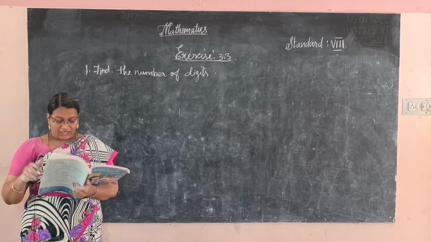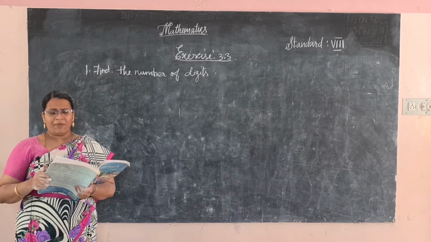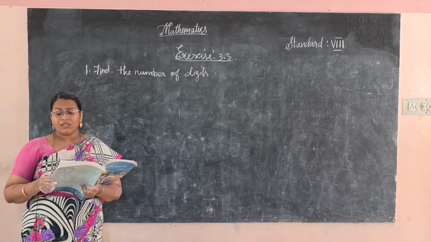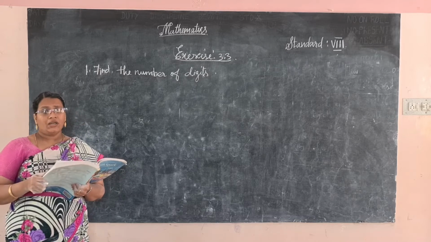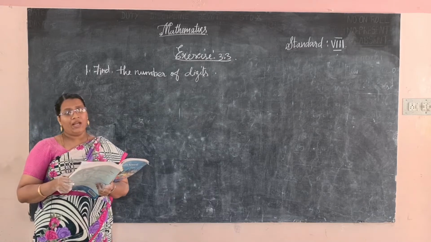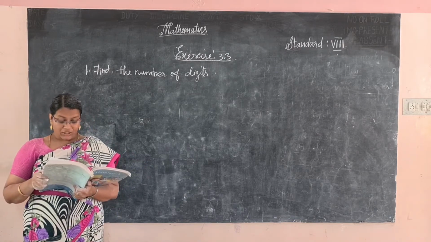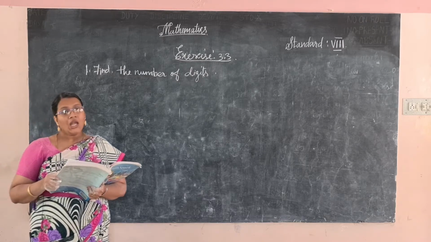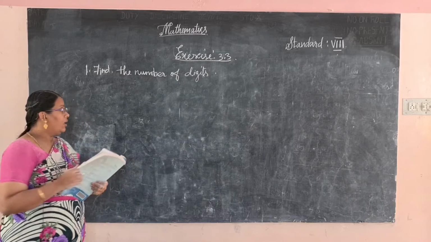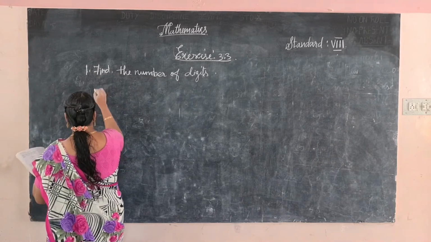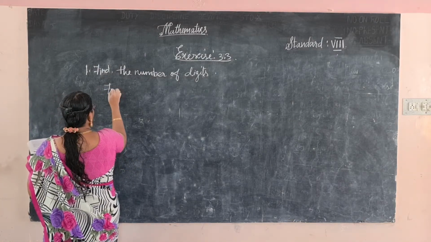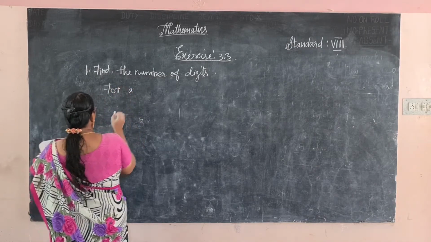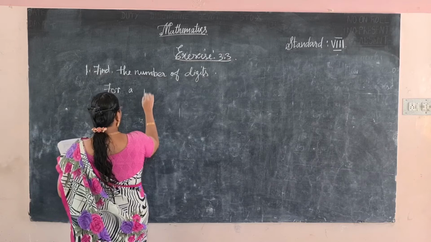Without actually finding means we have applied any one of the methods of square root, is it? Long division method, prime factorization method. Without actually finding the square root, how do we find it out? We use a formula. That formula is, see, this is one of the statements, the formula statement for a perfect square